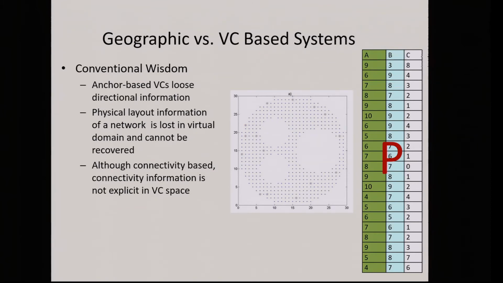There's no concept of left, right, up, down. Physical information, such as the fact that there are holes in this one and this is a circle, all this is lost. It's just a graph with the number of hops, right? This is kind of where we started.